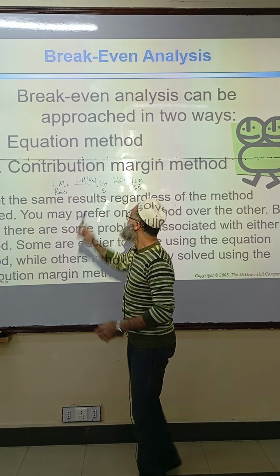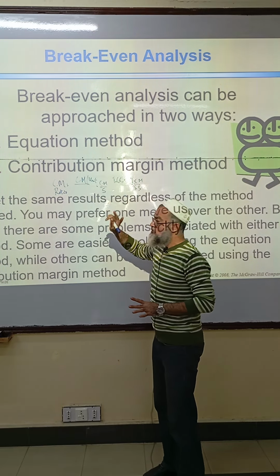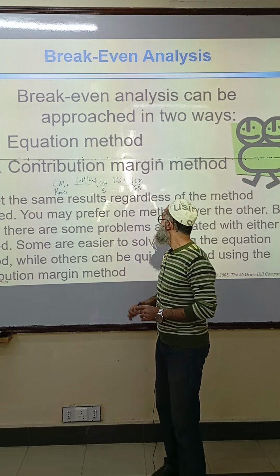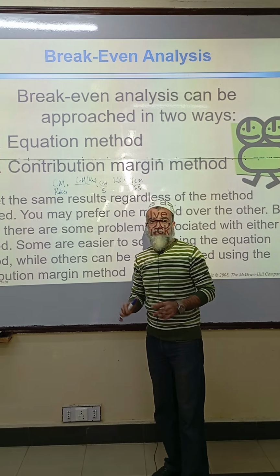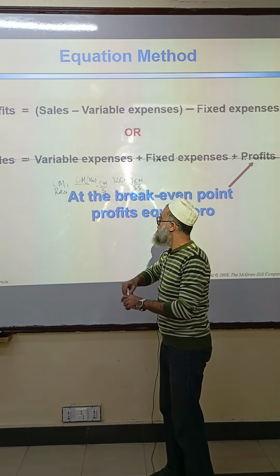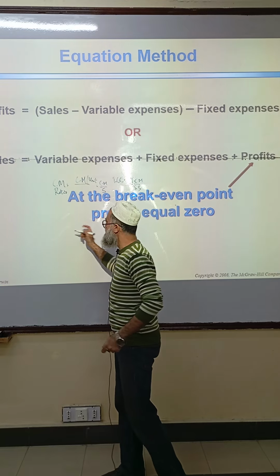Now the next thing is break even. In break even, we can find out break even once again using both methods. One is called the equation method and the other one is called the contribution margin method. Now remember, we need to cover the fixed cost. So when we are using the first method, which is the equation method, we will use an equation which is a